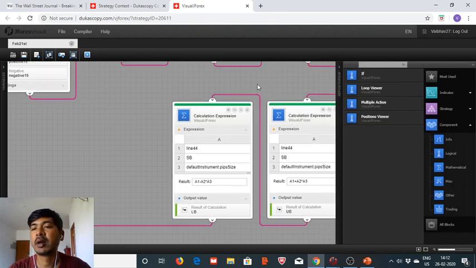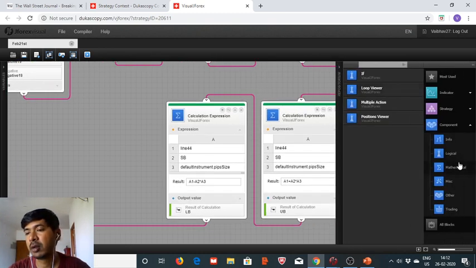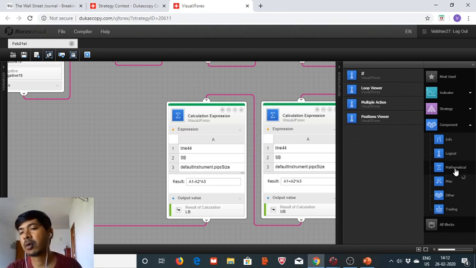So we bring in the calculation expressions again. We will do the mathematical components, and again it's taking too much time